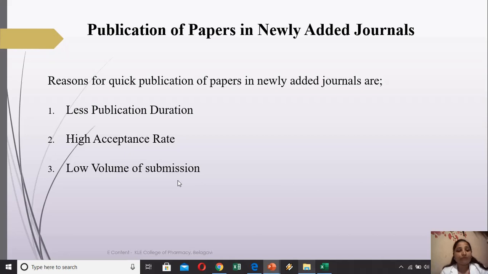Therefore the reviewing process will be quick, and if you critically clarify all the doubts of the reviewers, then there is a chance that your paper will be accepted in such journals in a short duration of time. So, you can go for publication of your research papers in the newly added journals for fast publication without any fees, though some journals may ask for a reasonable payment, like one journal we have seen with a 7,000 payment.